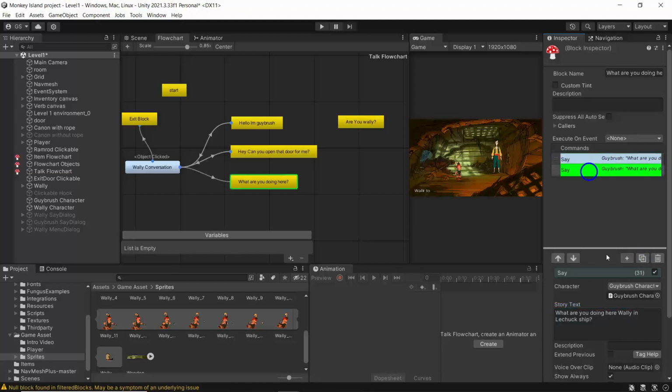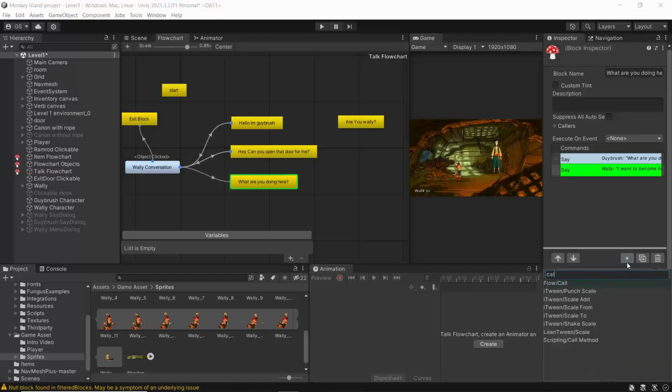This time Valley say, I want to become a horrible pirate that everyone gets fear of me. So something like that. And then we need to call again, and